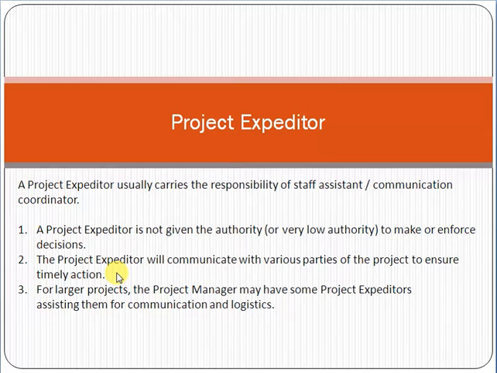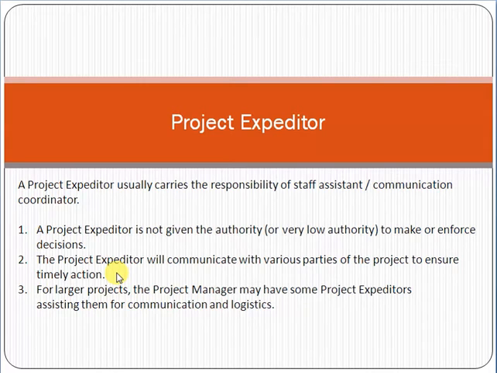Also, he is communicating and coordinating with the staff. For example, if a staff member needs any help or information, he will provide it. He will guide the resources on what to do next, like when they have to reach on time and what the next dates are. He will talk with the vendor as well: if we need to get some stuff or goods, he will call them, coordinate with them, and arrange it. Such a role is expected from the project expediter.